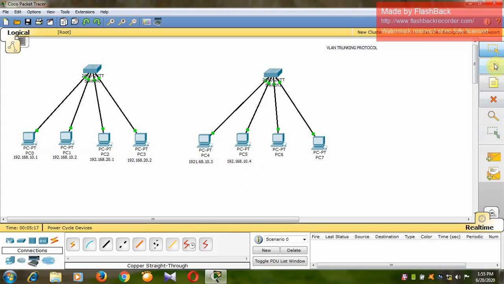Similarly here also I am going to take the 20 network: 192.168.20.3 and 192.168.20.4. So I have assumed some of the IP addresses. Let us assign these IP addresses to these devices.